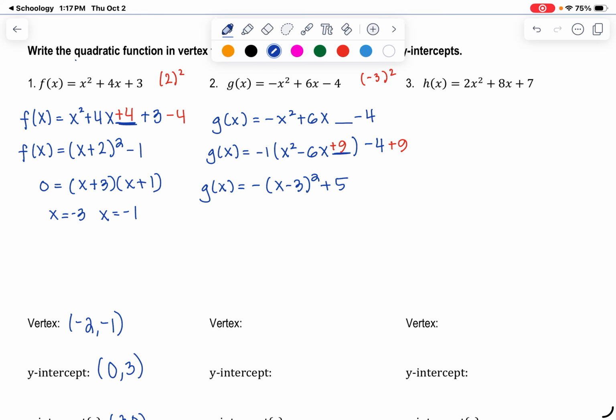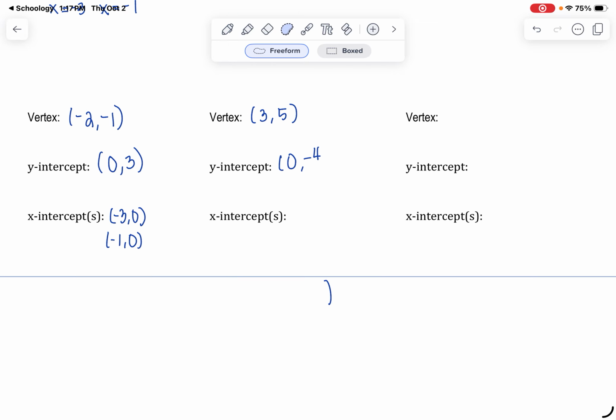Okay, so now I need my vertex. My vertex is 3, 5. My y-intercept, I'm going to use standard form there. It's 0, -4. Ooh, I don't like how that looks, but it's okay. Here we go, 0, -4. And then for my